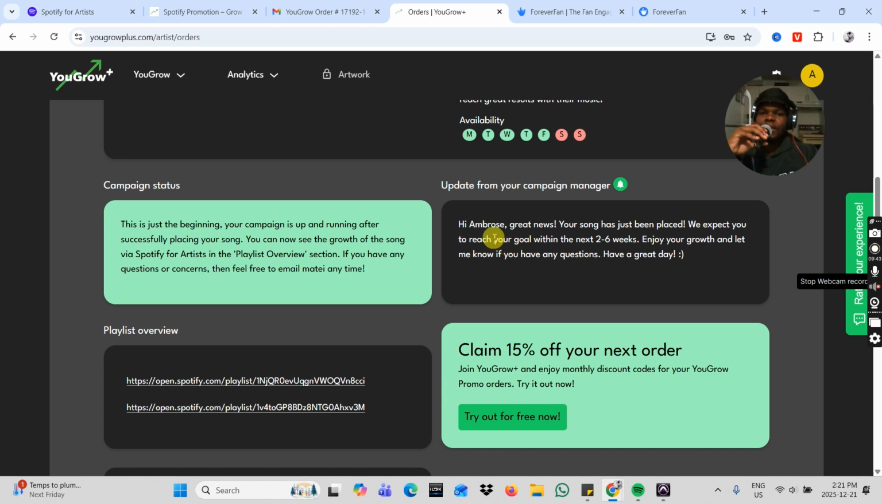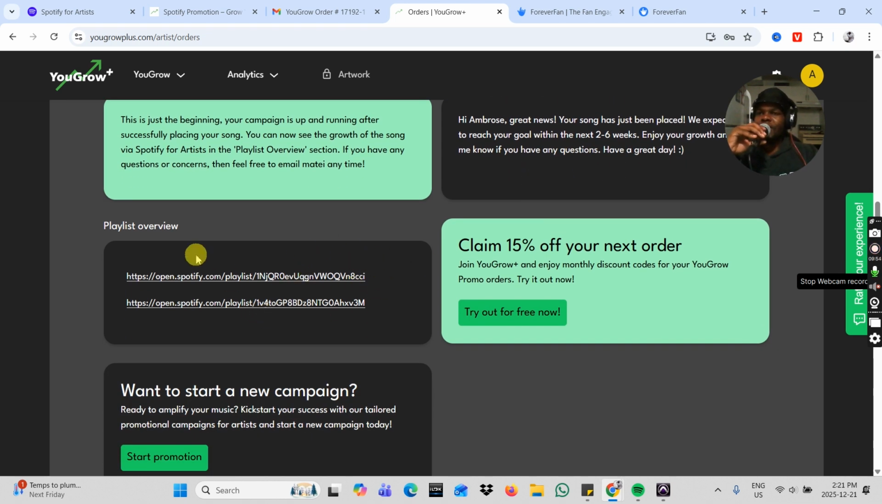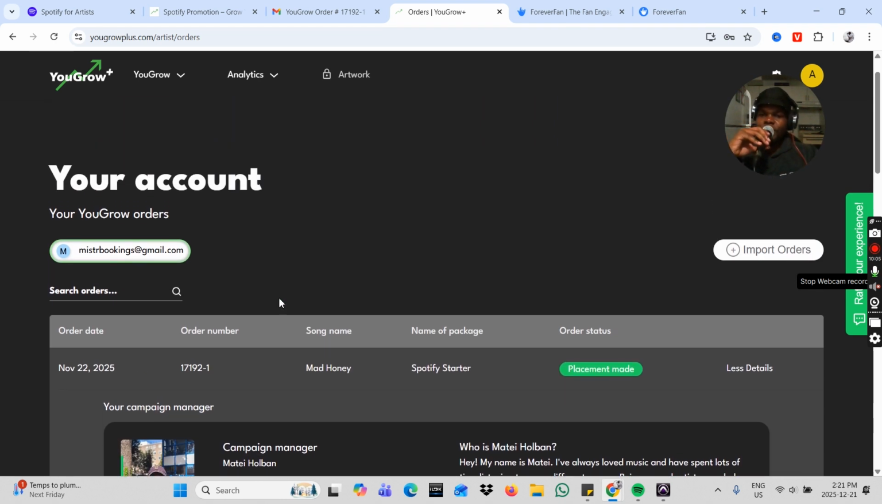They expect that I'll reach my goal within the next 2 to 6 weeks, saying enjoy your growth and let me know if you have any questions. And then the 2 playlists that have been added, that I already showed you guys within my Spotify for Artists account, are also added within my dashboard. So this is the dashboard. This is where all the magic happens. And this is what I mean by the process being automated. You're basically handing that responsibility over to someone with more experience in the space, with a bigger network, and who has your best interests at heart